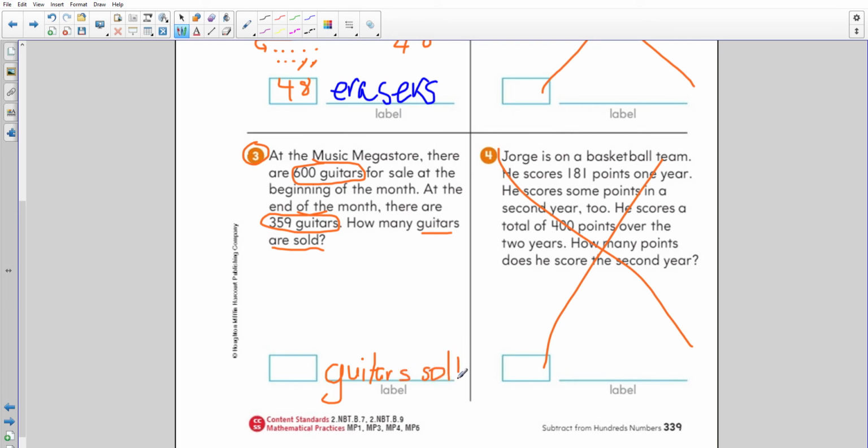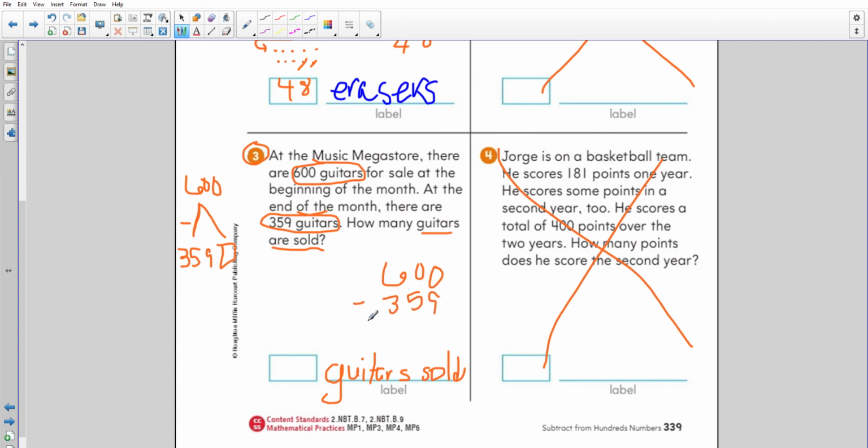So I will write my label in, make my handy dandy math mountain. I understand that you start with 600. There will be no more. That you will be having your addend of 359 at the bottom, and a missing addend there. I can put my cheater symbol in knowing that I'm subtracting. So I will have my problem of 600 minus